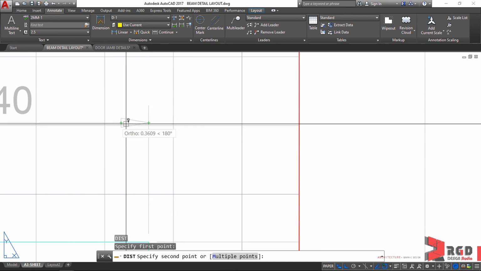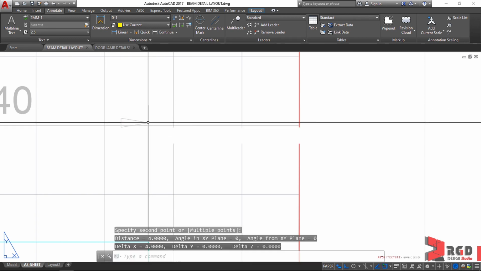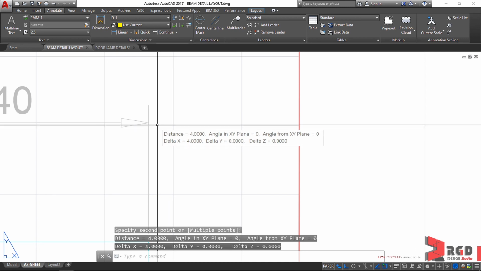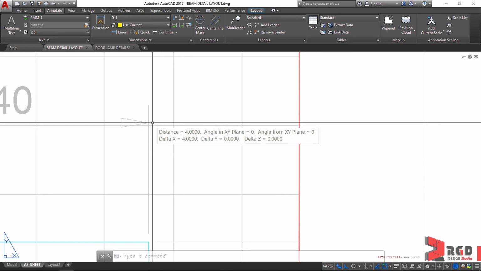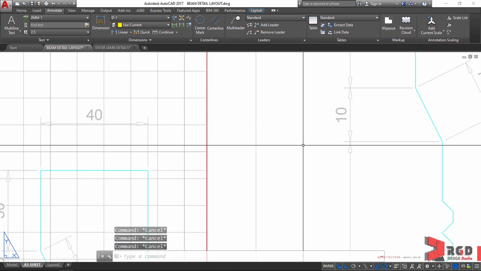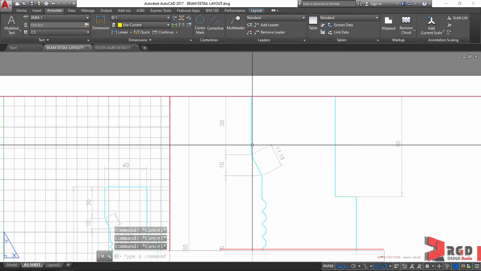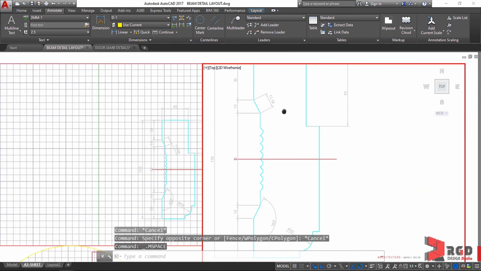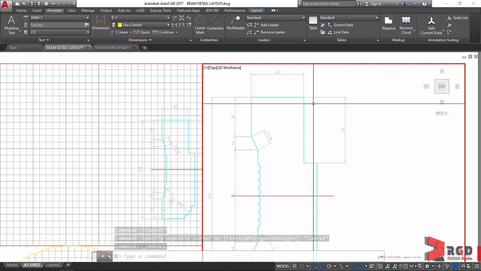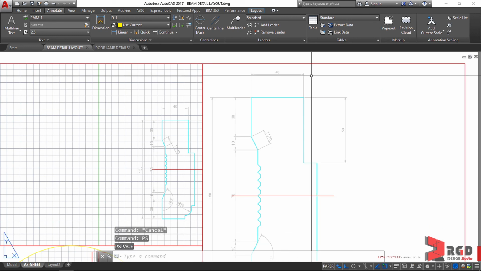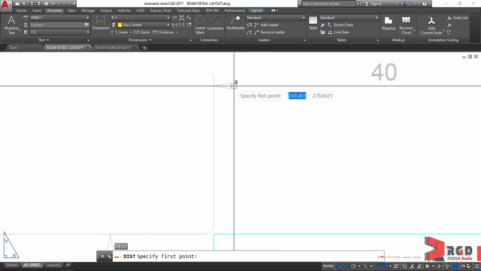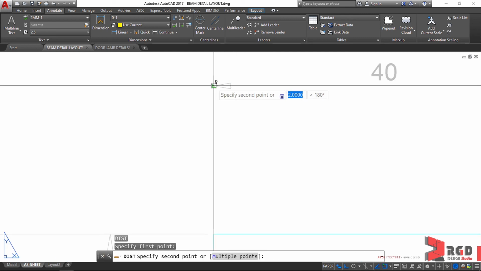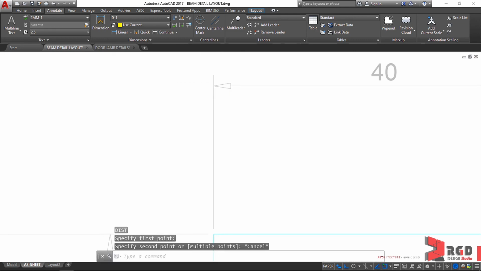Okay, because if we do so, click this one. That's the actual size in model space. 4. Okay, 4 mm in model space. And let's try to measure also the horizontal. There. And PS. And then distance, enter. From this point, and then hover here, and it's 2 mm. So it's properly set.